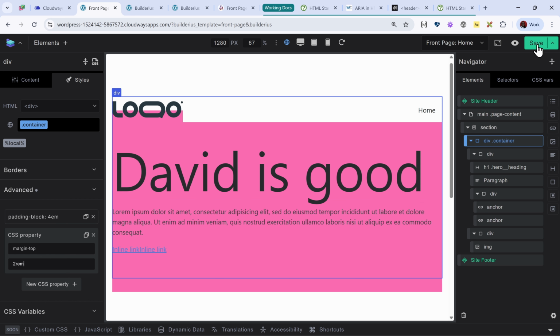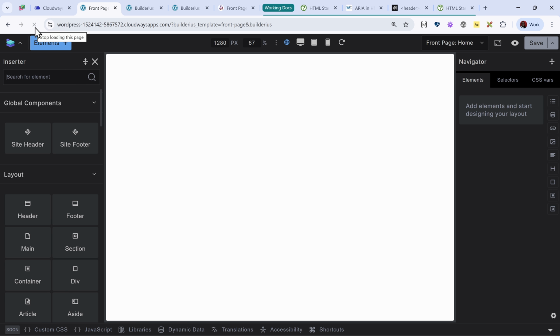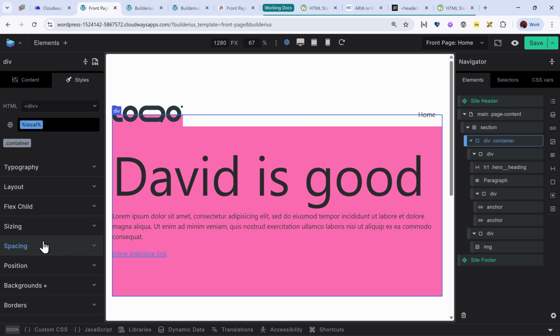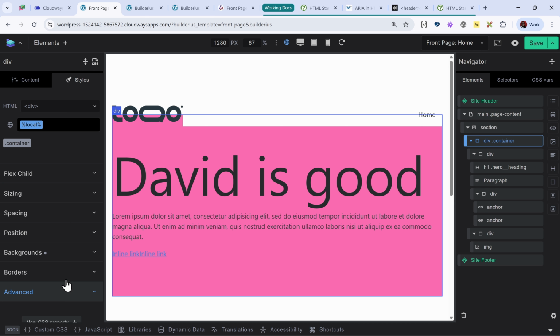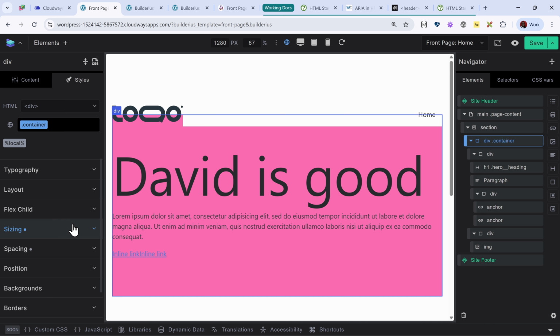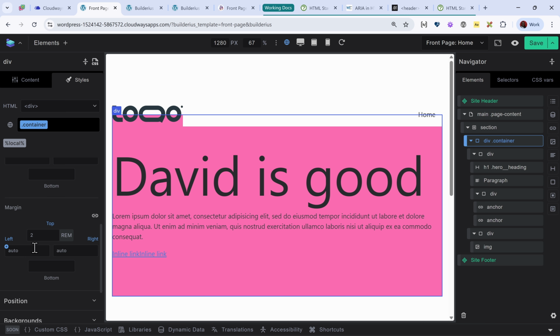So if I save it and refresh, go back to my container, the style tab, and advanced, make sure I select the class. You see that it is now showing up properly. But then if I go over to spacing, you see that that to-rem has been ported over to the UI interface.